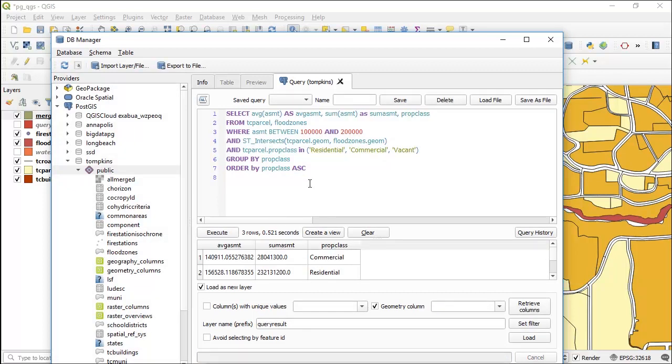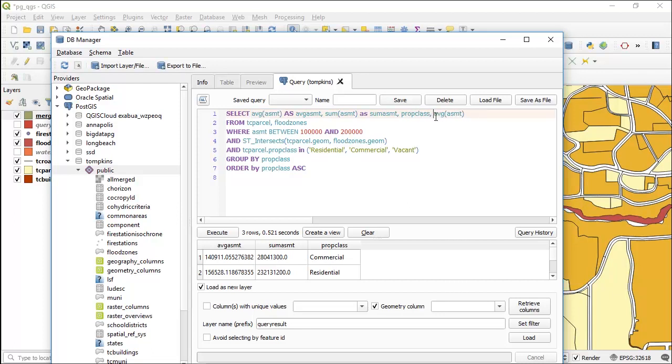This is one of those queries. Look how quickly it ran. How would you do this in a traditional GIS? You're going to have to perform a whole bunch of intersections first. Then you're going to have to do some select by attribute, then select by location. So here's one select by attribute. Here's another select by attribute. Here's a select by location. And then you're going to have to use some kind of summarize tool within the GIS to get all of these values. And if I wanted to create the coefficient of variation,